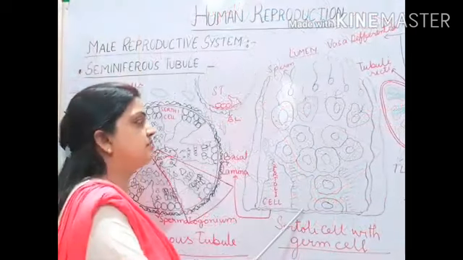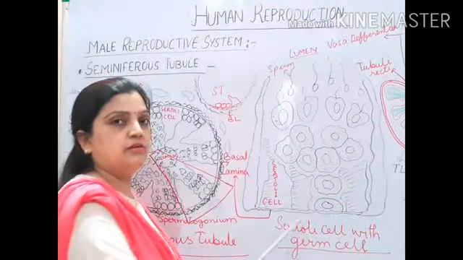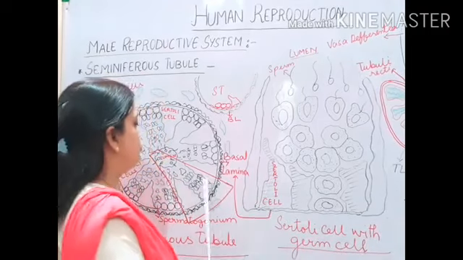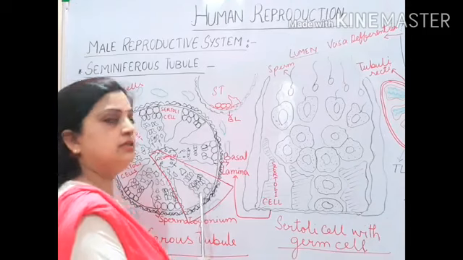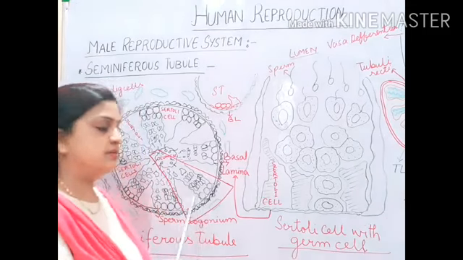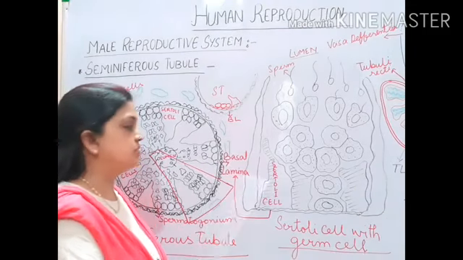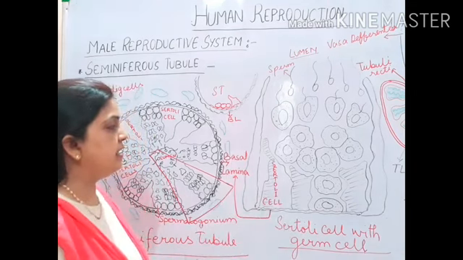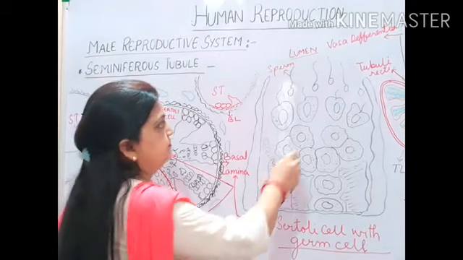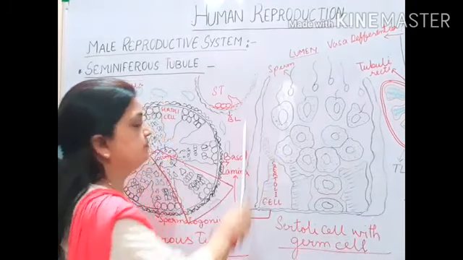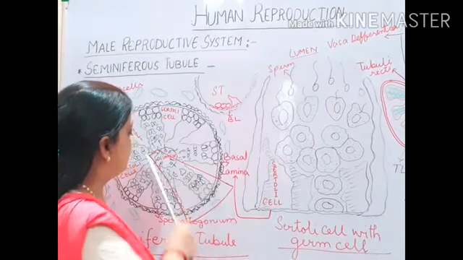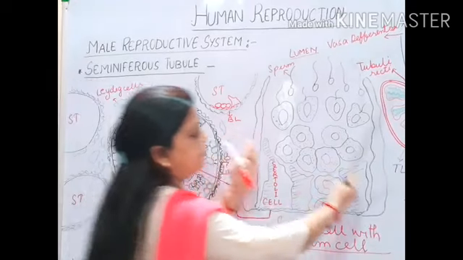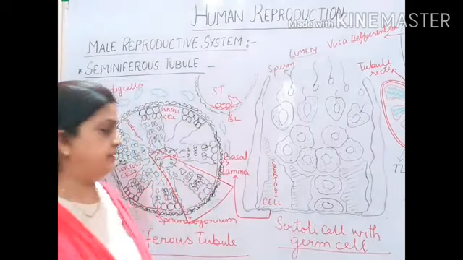Now children, this is the diagram. It is a cross section in a broad enlarged manner to explain to you all how the spermatogonium cells inside the seminiferous tubules are developing. Now here you can see that I have drawn this diagram, this portion. I have cut a cross section from here. Suppose this section I have cut and I have placed it over here to explain.